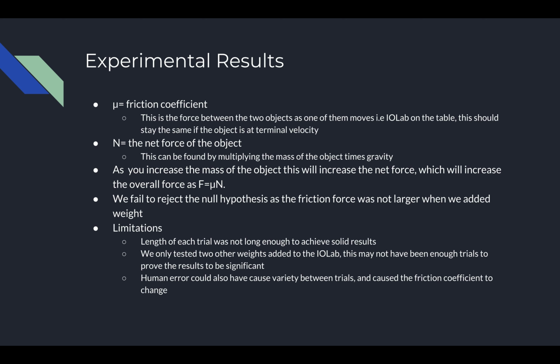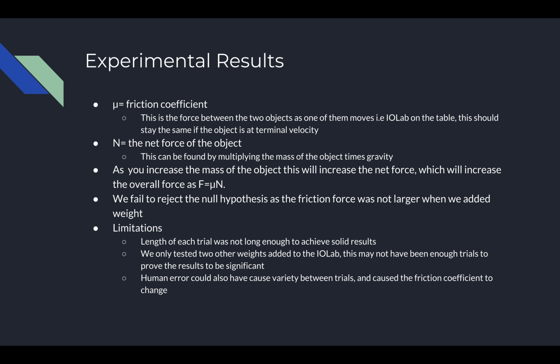Our experimental results: we found that μ is the friction coefficient. This is the force between the two objects as one of them moves. This was shown as the IO lab moved on the table. N is the normal force on the object. This can be found by multiplying the mass times the gravity. And as you increase the mass of an object, ideally the overall force will increase,